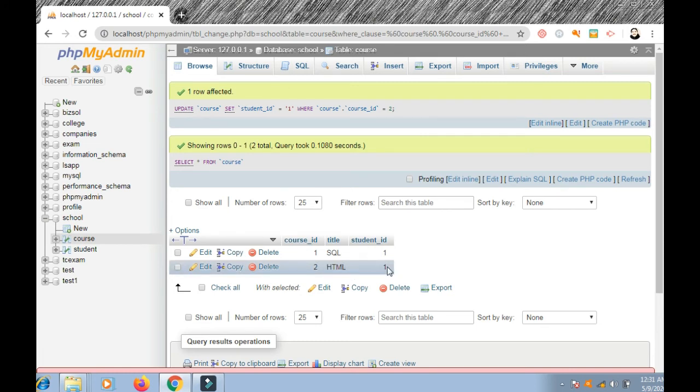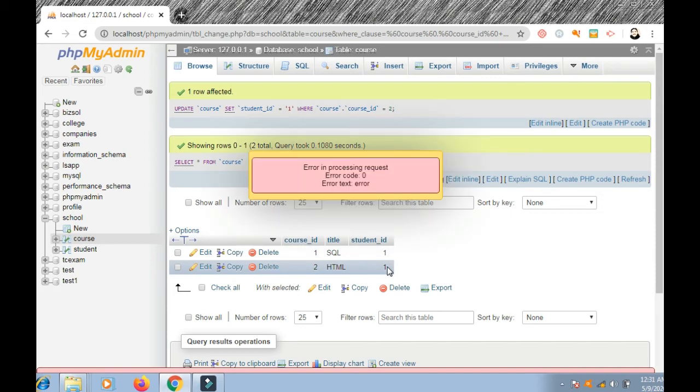Okay, let's go. Now so this is simple one record update. It is not showing anything. Okay, okay, it is not showing HTML1.